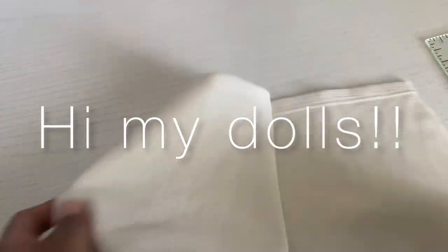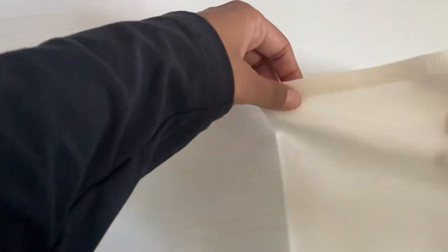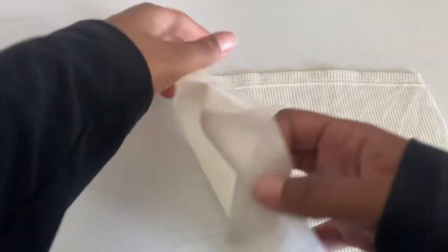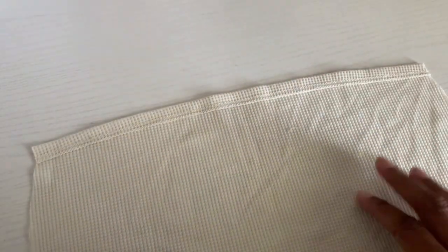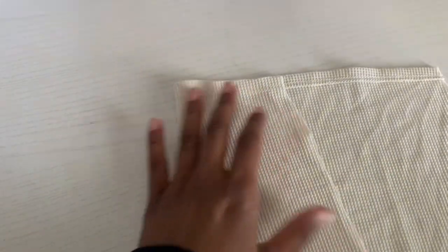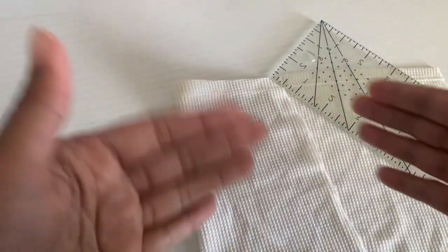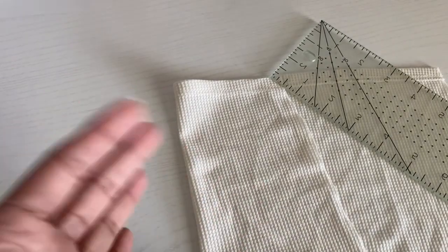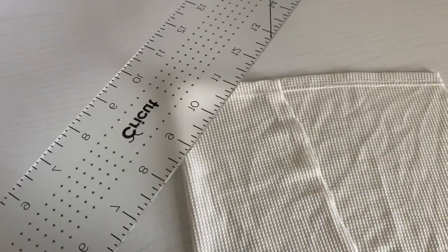So we're gonna do like 8 inches kind of across. So that's gonna be like 4 inches folded. And the hem kind of curves a little bit, so I kind of want the inches to come from the middle, but you know what, it's not that big of a deal. And there should be like 2 inches per each leg. We might taper it a little bit, but it's 2 inches per each leg